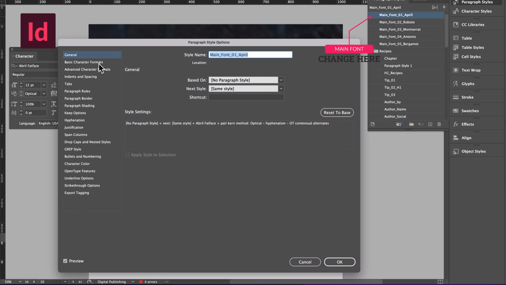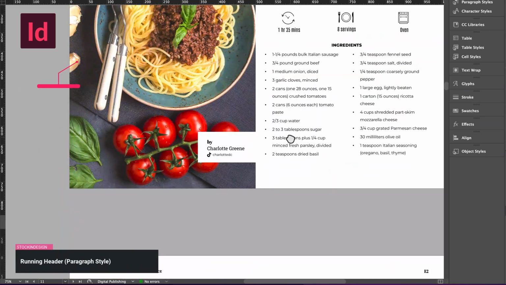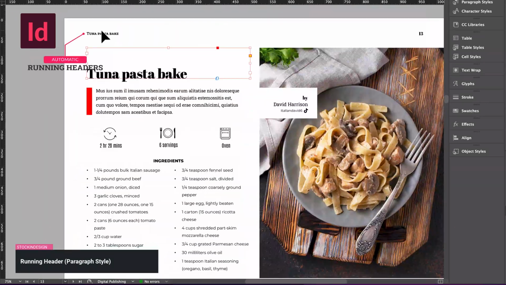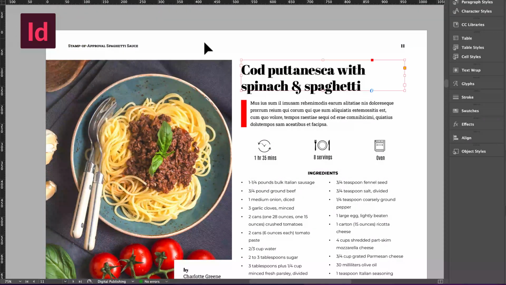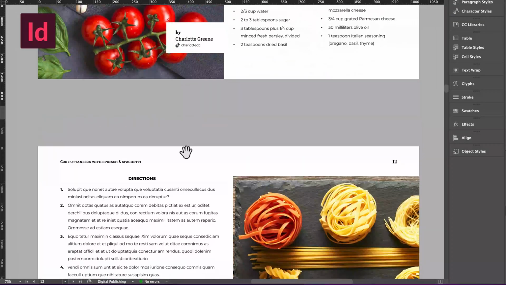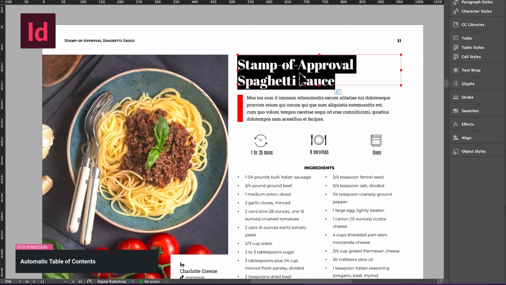This means that you can quickly and easily change the font, size, and color of your text to make your cookbook look exactly the way you want it to. Whether you're creating a cookbook for personal use or for commercial purposes, having the ability to customize your text can make all the difference. The template also has the option of generating the table of contents in an easy way